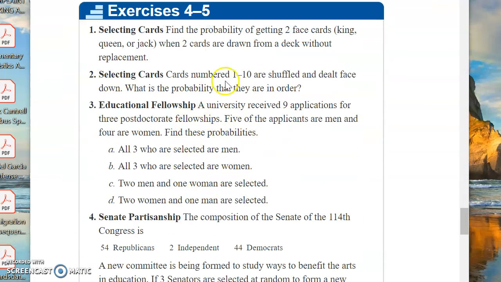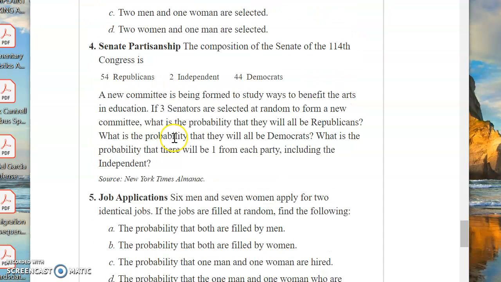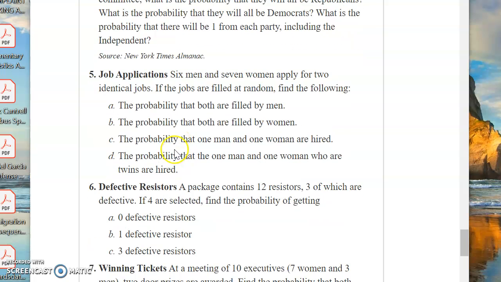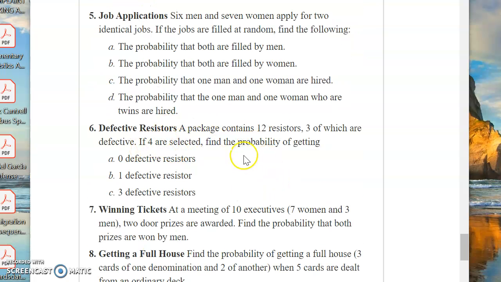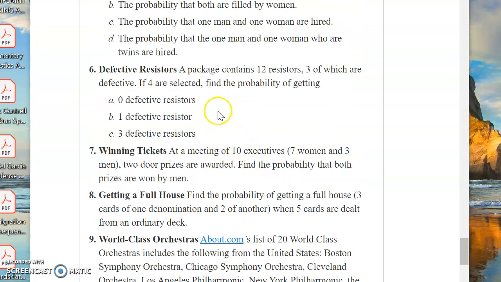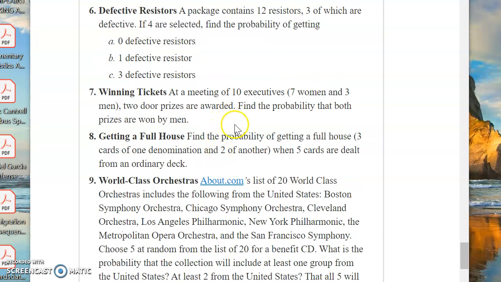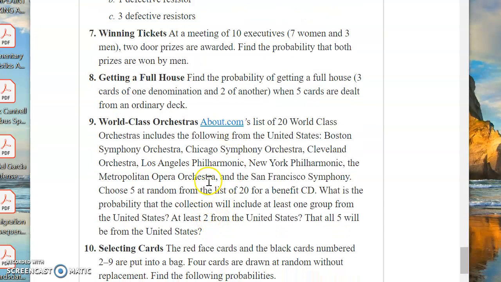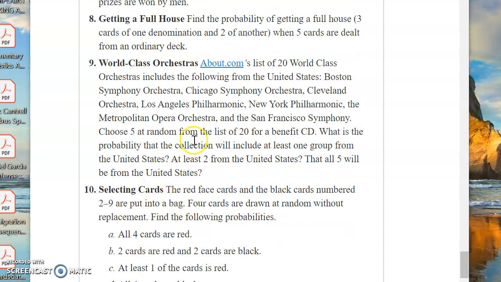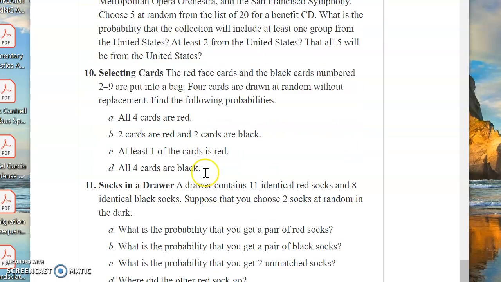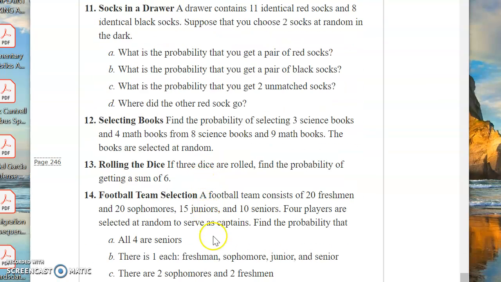But right here in the exercises, what I recommend you do is at least read the problems, glance through them. Try to find ones that make sense to you, that are of interest to you, so you can work through those, and that will help you really understand the nuances. If you find a problem or two that you cannot solve, and you're like, oh my God, I don't get this,